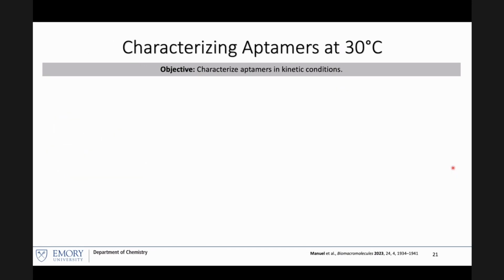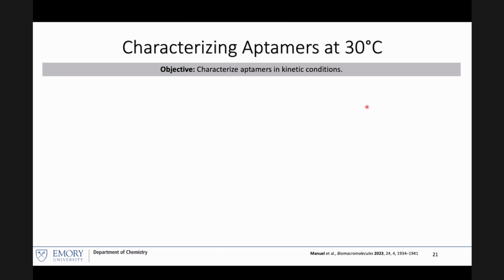But then I realized a big mistake, and I really want to talk about this because I'm happy to say in my 4th year, I was still making these types of mistakes. Way back when, the aptamers that I showed you guys, we published that paper almost a year before we were wrapping up this project. And when we published that paper, we were characterizing our aptamers at room temp, but our enzyme kinetics is going to be at 30 degrees Celsius. And so I had to backtrack